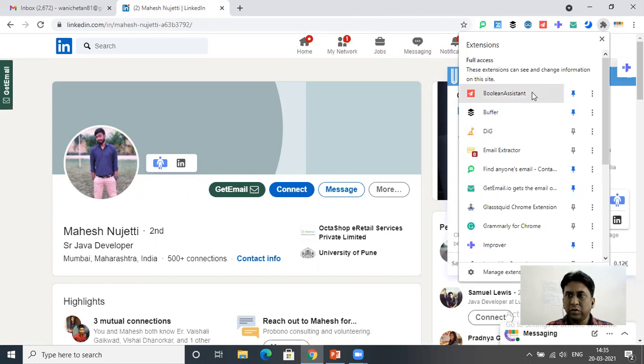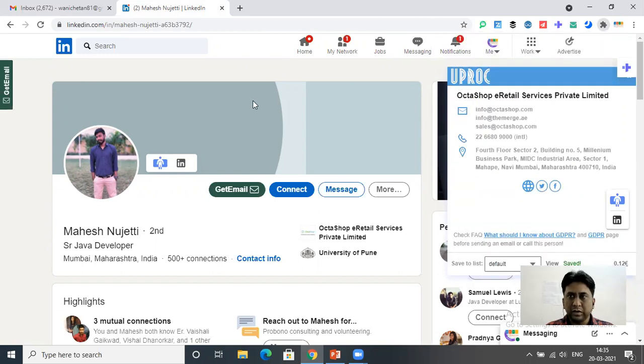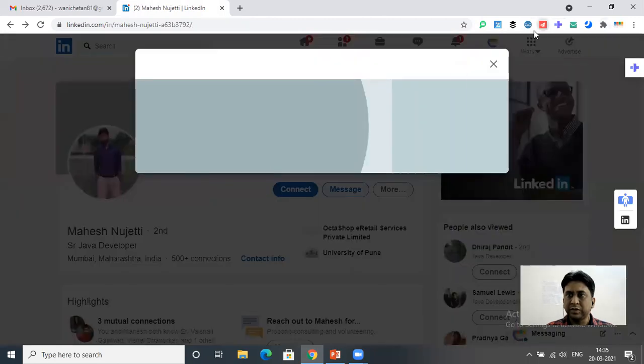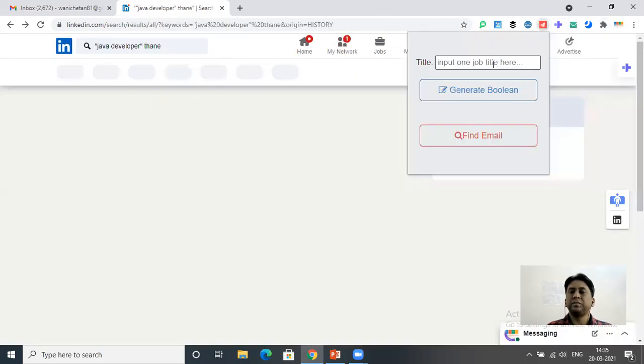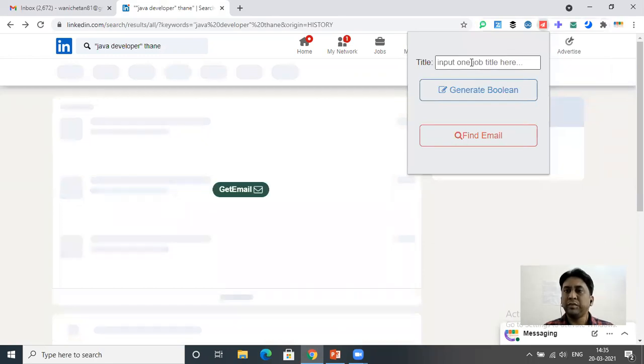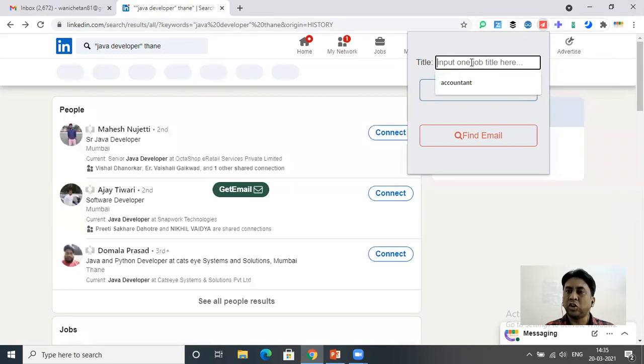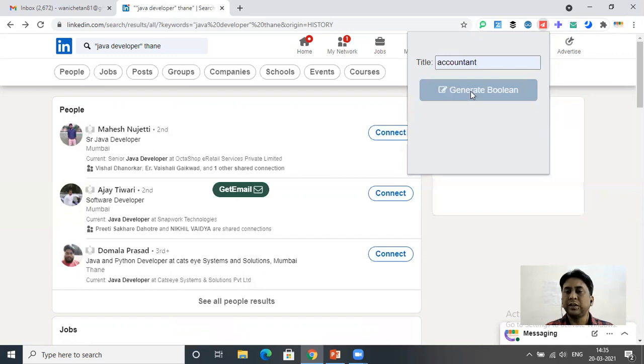So now I will just click on this Boolean Assistant symbol. Now it is asking me to put a job title here. So accountant I'll put, and I'll click on generate Boolean.